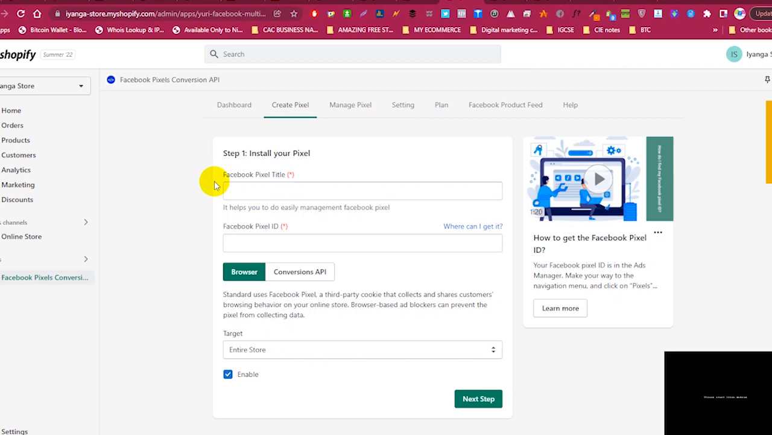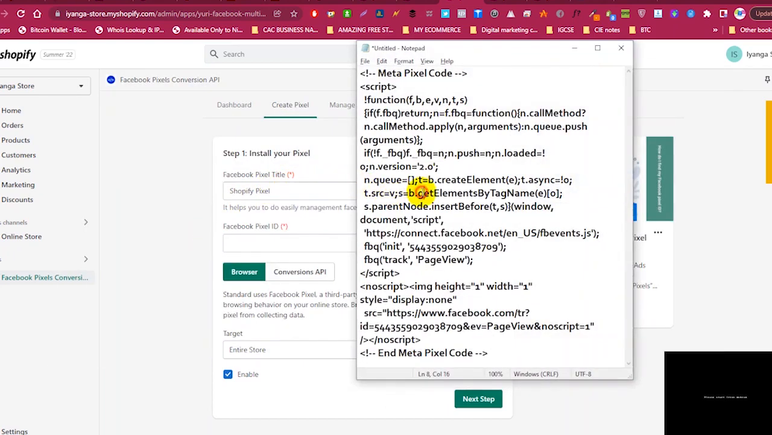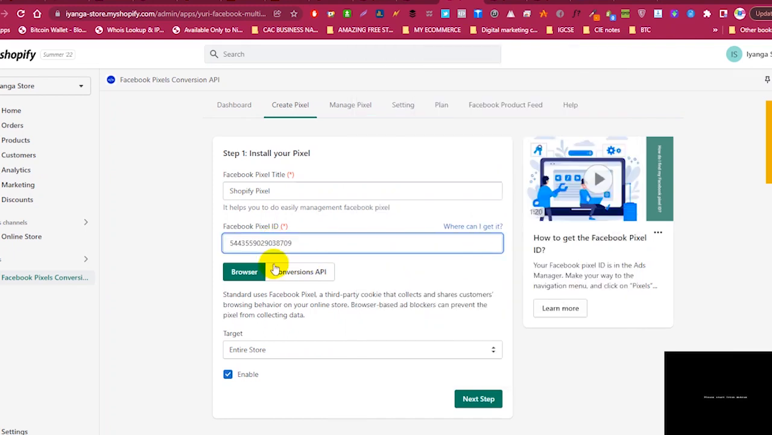The app opens, and what you just do is enter the Facebook Pixel title. So you give your pixel a title, then you go ahead to input your pixel. So we'll just say Shopify pixel, just something reasonable. Then you go ahead to copy the pixel that you got. In this case, you are just copying the 16-digit number, not everything. It's alright. Paste it, then you hit